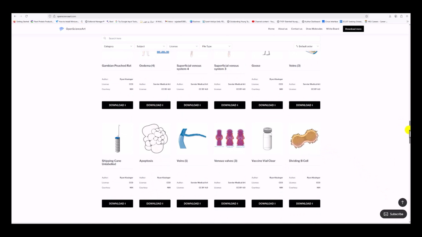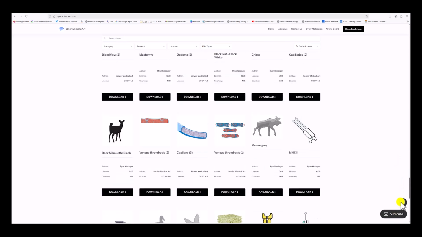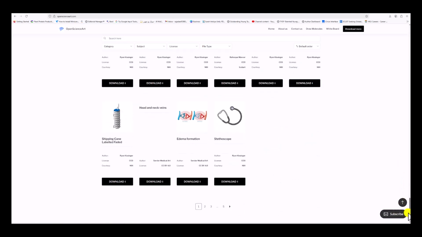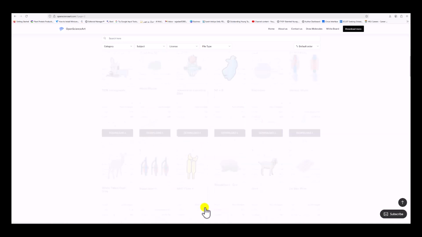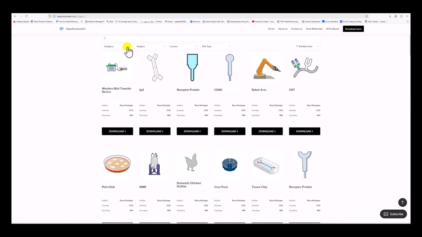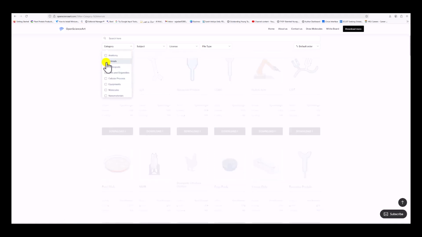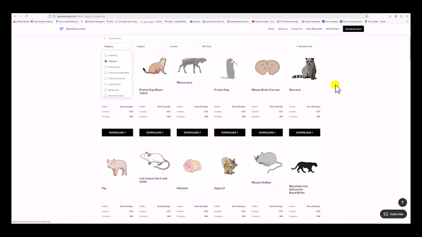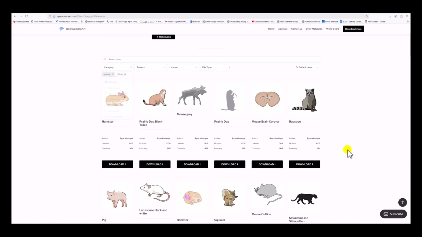So here you can see the library. It has a lot of icons. You can check, and you can change the page number. You can also check by categories. If you click on categories, there are different categories. For example, I need animal, so when you click animal, you will find all the stuff related to animals.